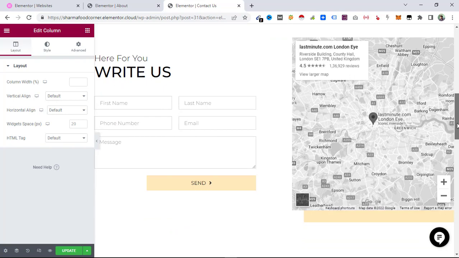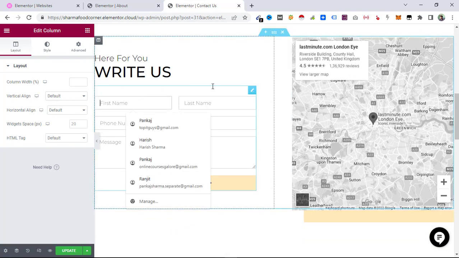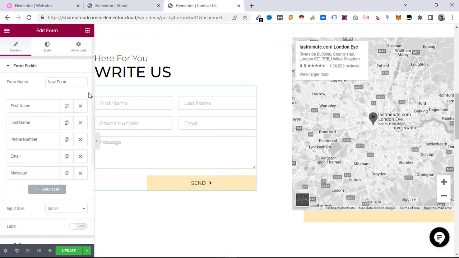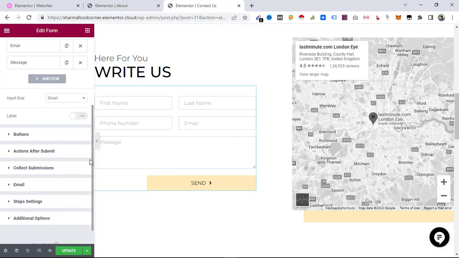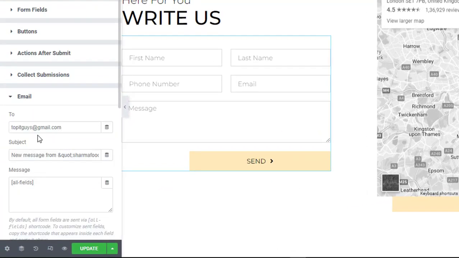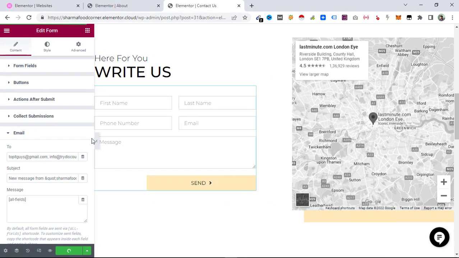Cloud website. So now when these people contact you, you will get an email, and that has to be a valid email. So put your email address here. This is where you will get the notification about the people who contact you. So make sure the email that you supply is the right email. You can add multiple emails. I'm going to add one more and hit update. This is the subject line which will appear in the inbox when you get a notification from your website through